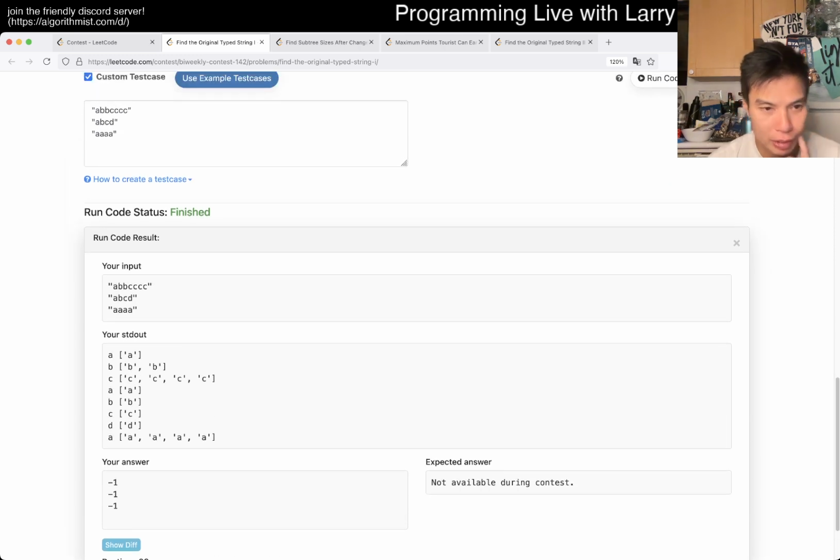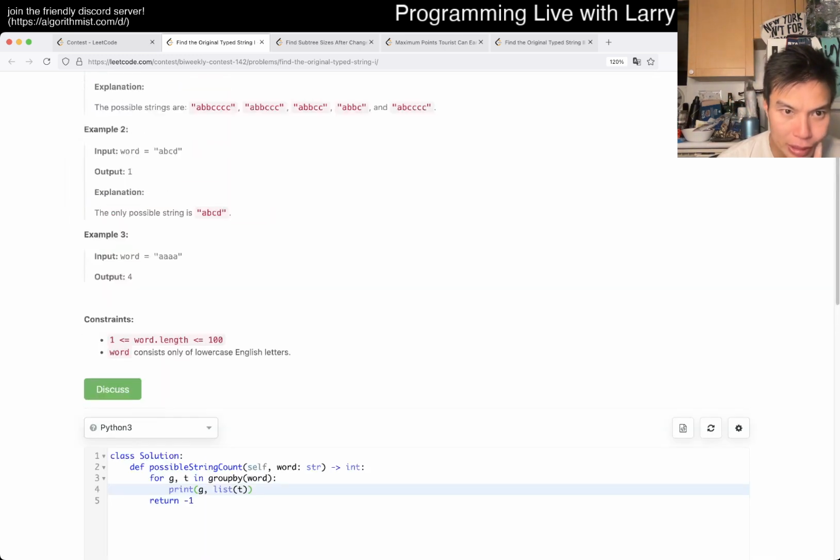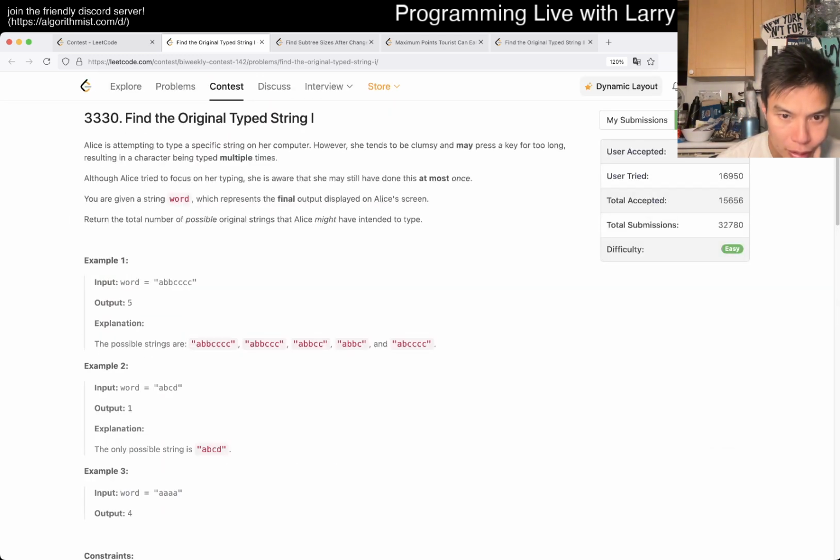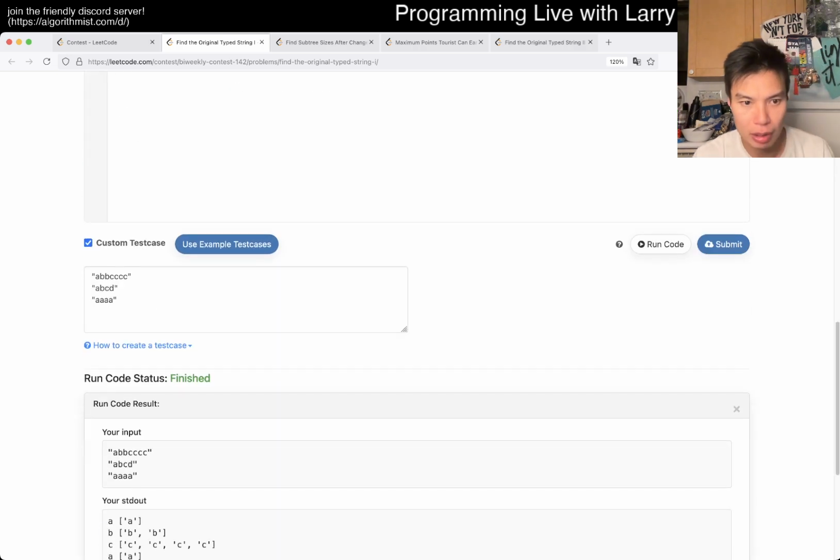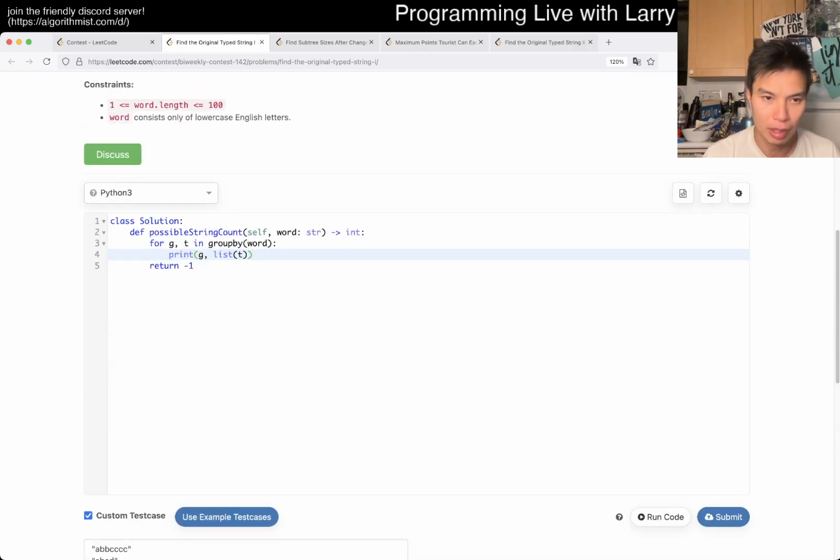So now what does this mean? For each one of these, we get one extra, at most one. So you have the original string, and then it's just 1 plus 3, right? So yeah, okay, that's fine.